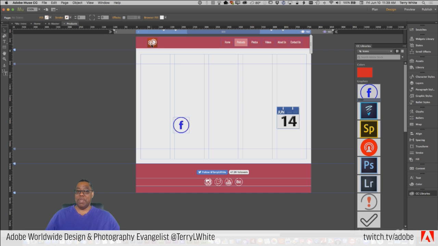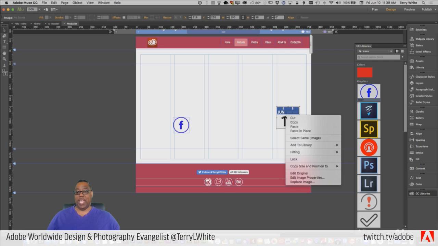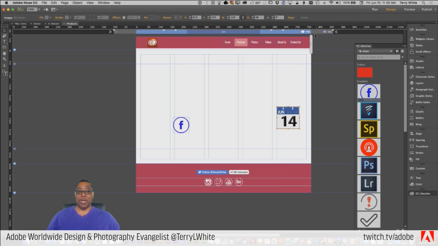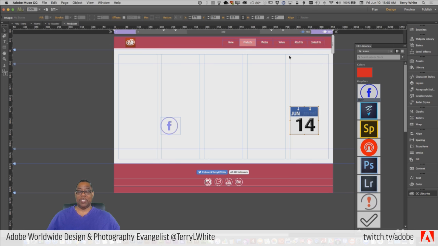All right, so that was pretty much it from a placing graphics standpoint. We kind of did it all. We placed static graphics. Now we haven't done slideshows, but we placed graphics in containers like the rectangle. We placed images from the library. We placed images from the hard drive. We placed Photoshop native files. We showed how they update when you edit the original. We placed Photoshop files as buttons and saw how that process works, using them as rollovers. So that, other than using slideshows, that's pretty much it from a graphics standpoint.